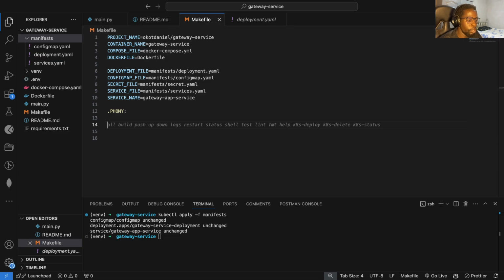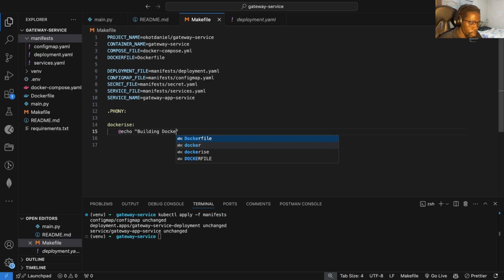So the first one, I would like to name it Dockerize. So I'll just call this Dockerize, because this is where I'll be able to run all my Docker commands. So I'll apply some commands to show me whatever is going on in the terminal. So the first thing is I'm just gonna do echo, and then I'll just say applying. Okay, let me just say building image, or perhaps I could just say Docker image like that,